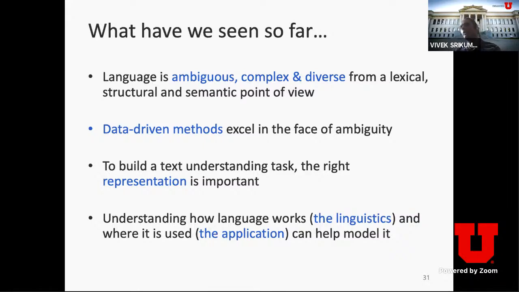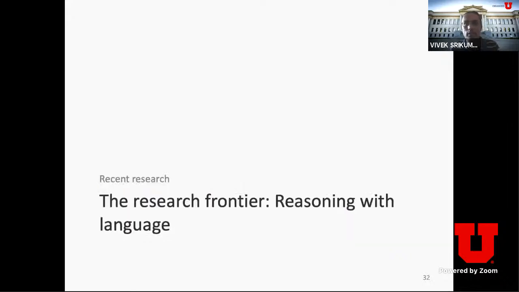Anyway, what I was talking about is the idea that in order to understand language, we need the combination of multiple different ideas. We need to understand statistics, the language, and the application. But it's not like everything's a solved problem. For the rest of this lecture, I'm going to talk about the research frontier, and something that is of great interest to me: how do we reason about the world using language?